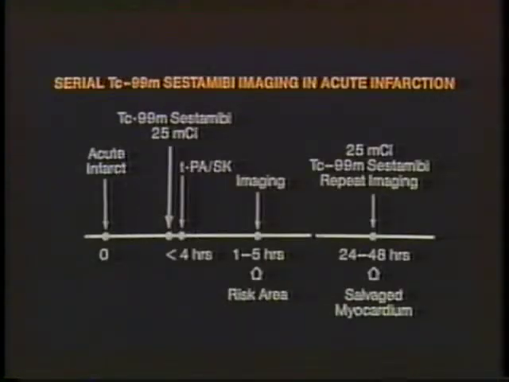In a pilot study, patients received 20 to 25 millicuries of cardiolite before or at the initiation of thrombolytic therapy. The first myocardial perfusion images were assumed to demonstrate the area of risk. Myocardial perfusion images were acquired as soon as the patient was clinically stable. The patients had a second study 18 to 48 hours later and a third study at the time of hospital